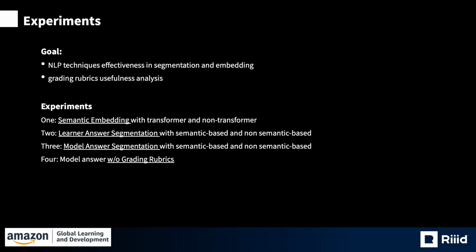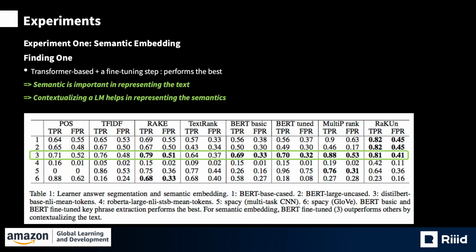Now let's get into the metrics of the experiments and the findings we have. We conducted 4 sets of experiments to test the effectiveness of the framework and find an answer to whether the grading rubric could help. The experiments are around semantic embedding, learner answer, model answer segmentation, and whether we need a grading rubric. In experiment 1, we applied 6 semantic embedding methods on the segmentation result, which